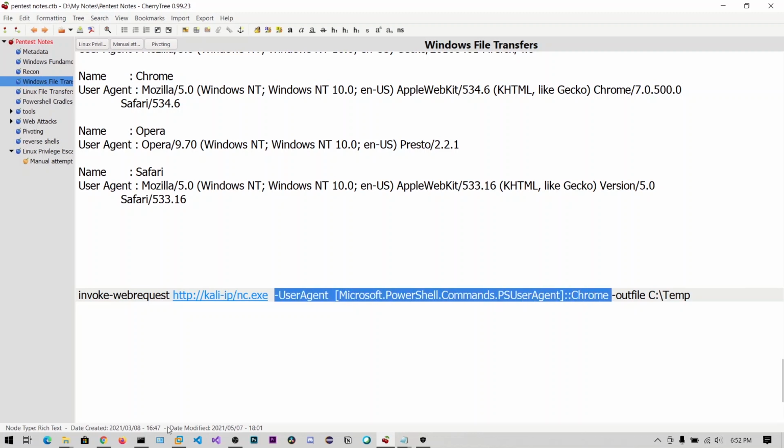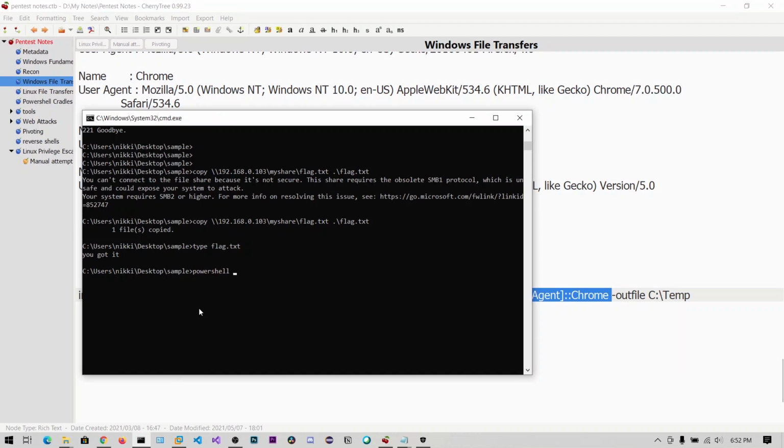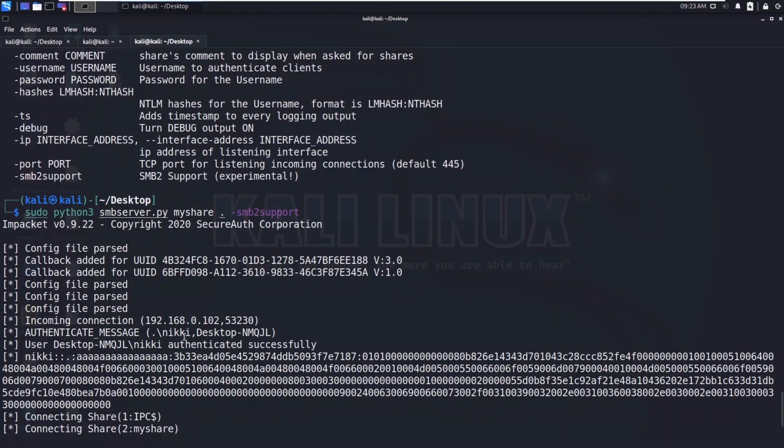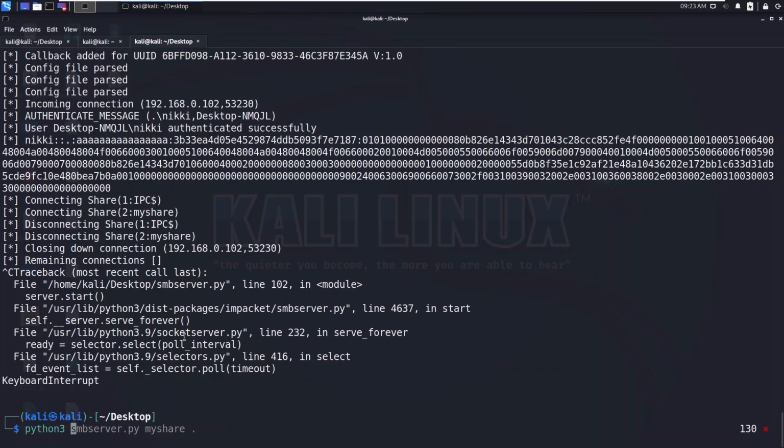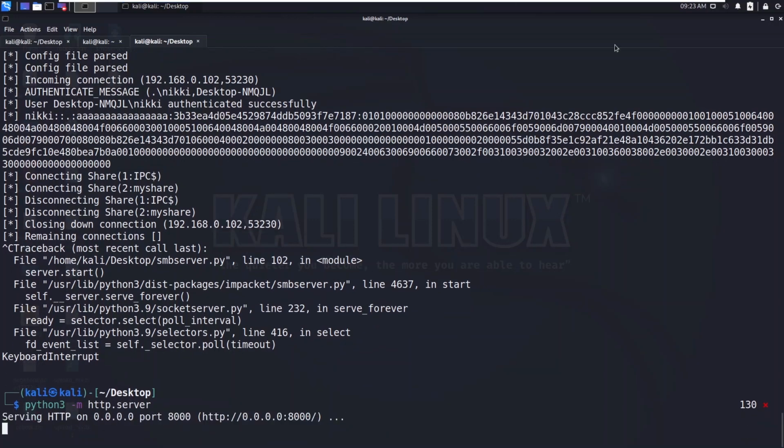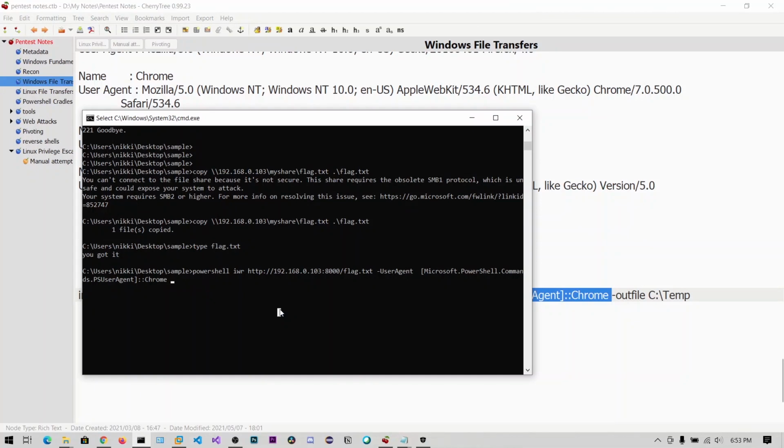So let's copy this PowerShell, and you can also use the shortcut IWR, which stands for invoke web request. Chrome, and so now I think, let's say out file current directory flag.txt.